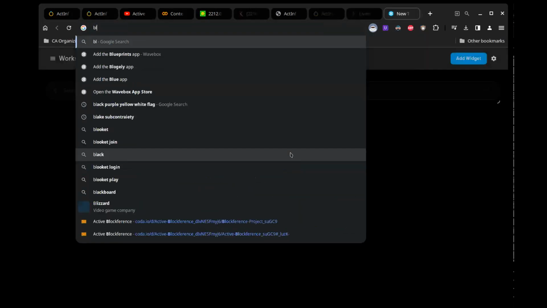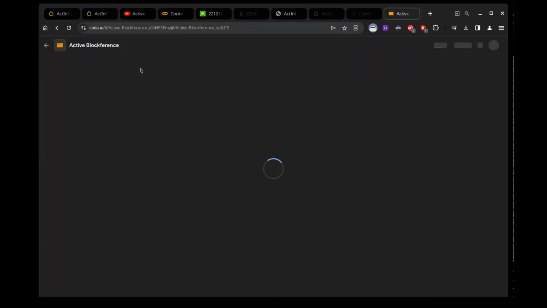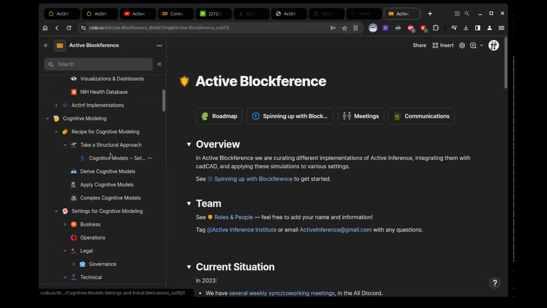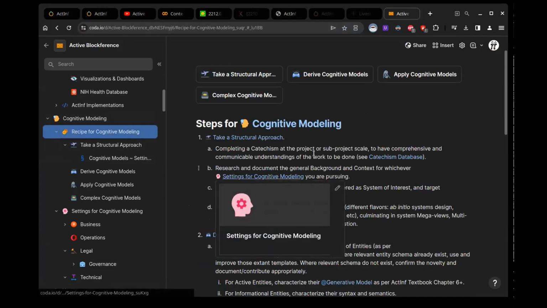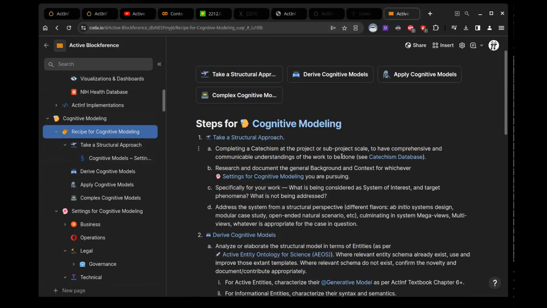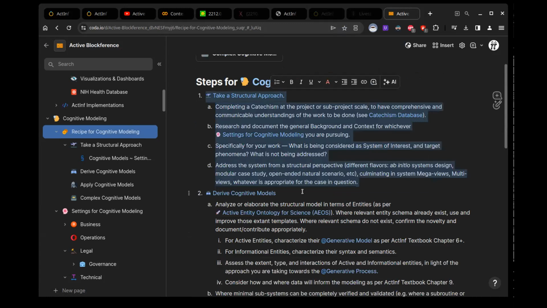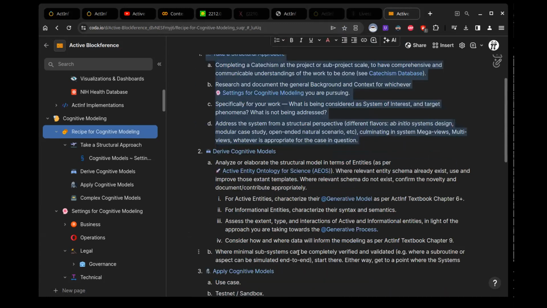Oh, one other resource I'll link in there. This is to the active blockference coda. So it's just another project at the Institute. So here we've kind of expanded on the recipe to include more upfront and along the way. So more of like the structural understanding of the system and why the model is being made.